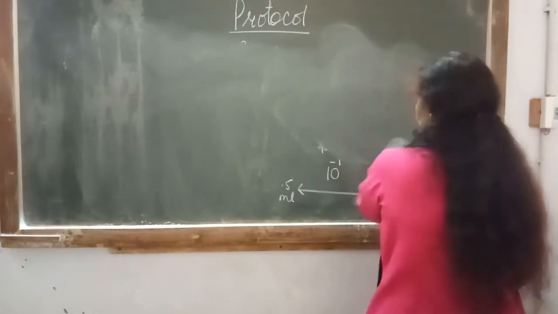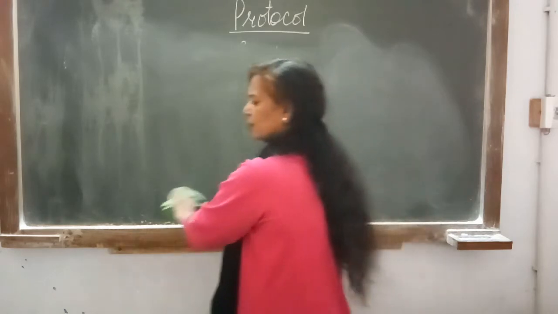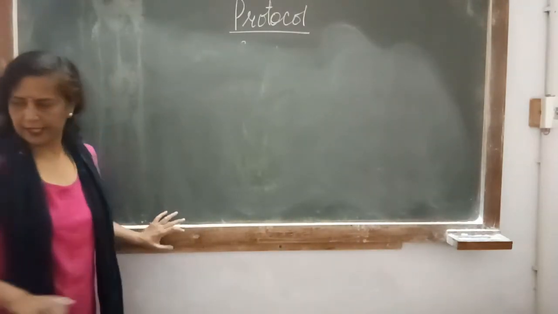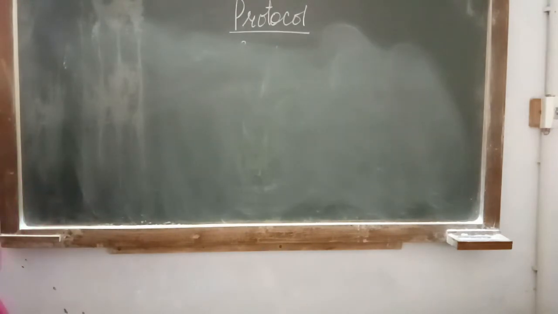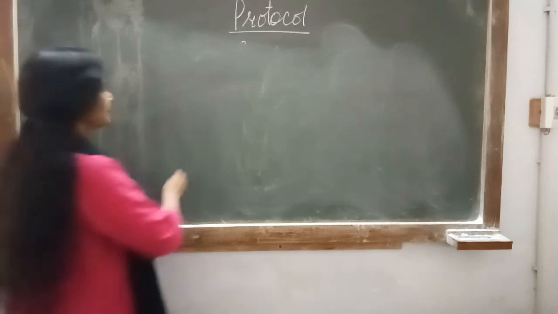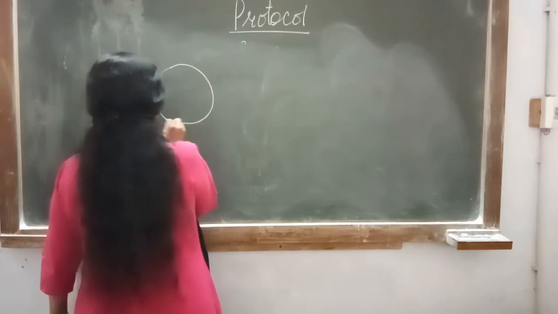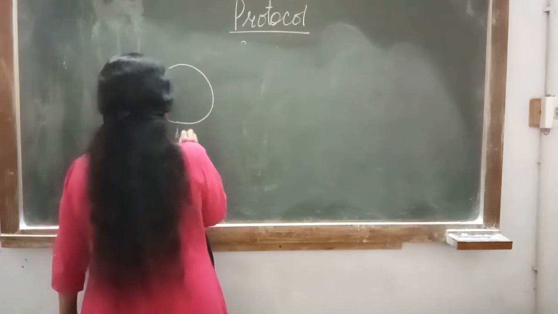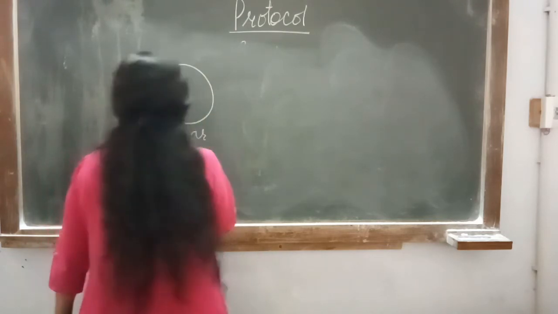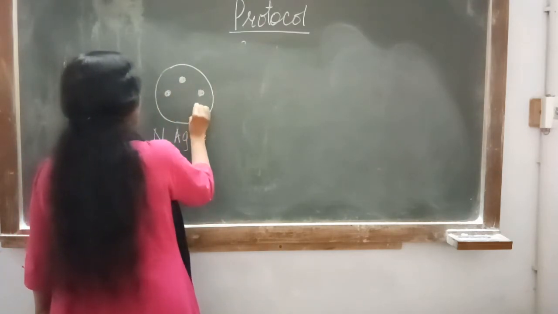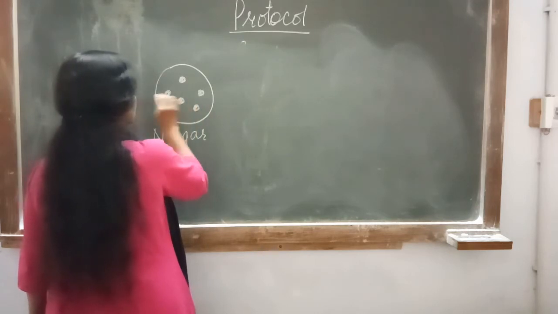Now on the next day, after 24 hours, in both the parts we will get the result. In Wilkins growth we will get the growth of colony, growth of Escherichia coli, and in case of our agar plate we will get the different colony of antibiotic producing bacteria. Now what is to be done? This is our agar plate. Now on the next day, which is having the result like this, separated colonies will be there in this way.